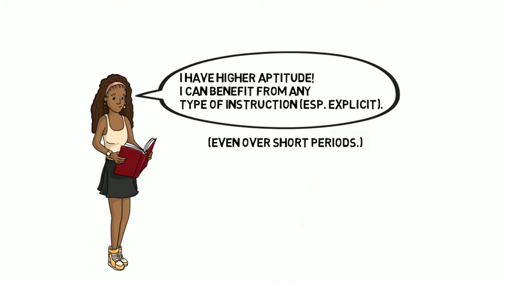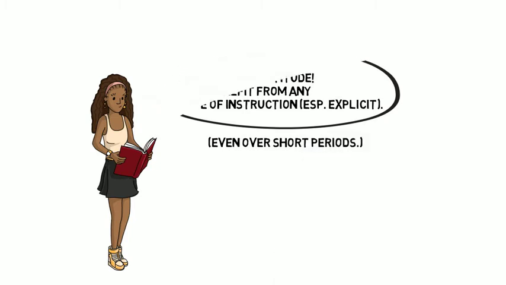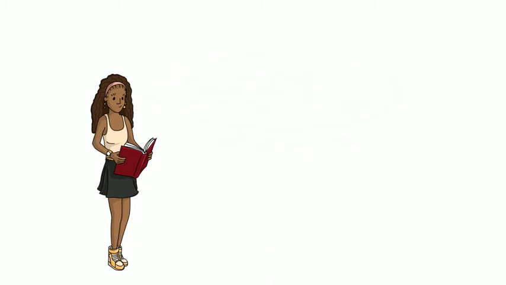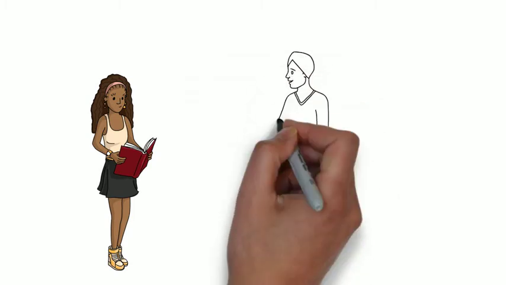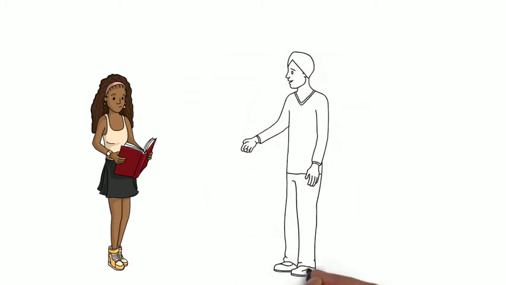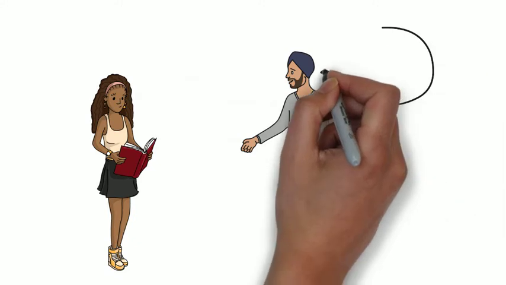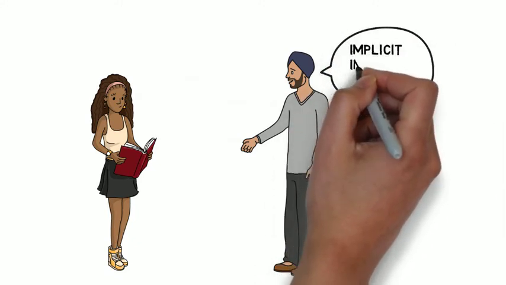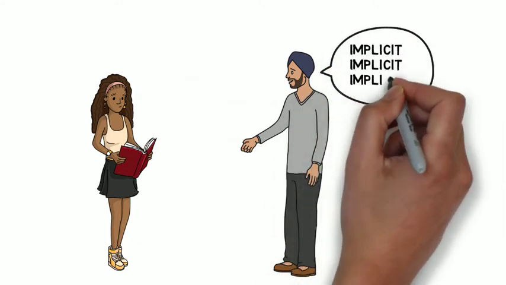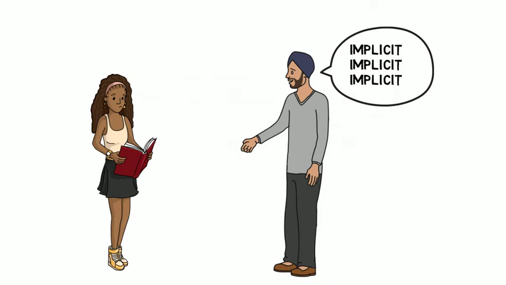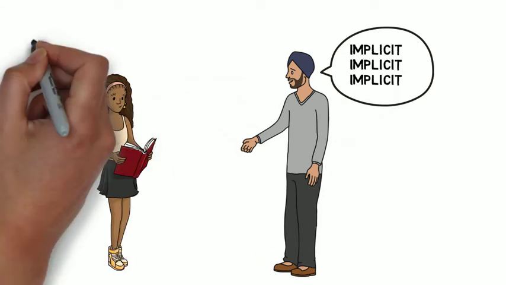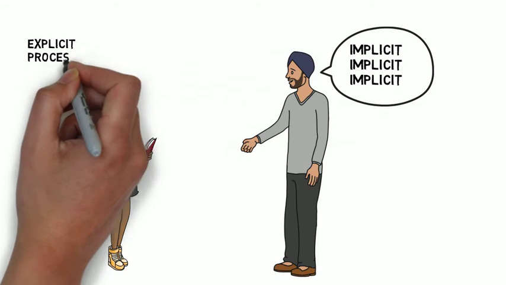But here, one of the reviewers of the article pointed out what we've mentioned before in the black box. The distinction between implicit and explicit isn't clear-cut, especially when you're measuring something in learners who are in a classroom setting. Implicit by definition is unconscious, it's happening inside the head, and there's really no way to say for sure that the learner didn't engage in any explicit processes.